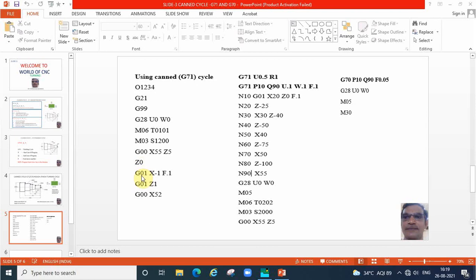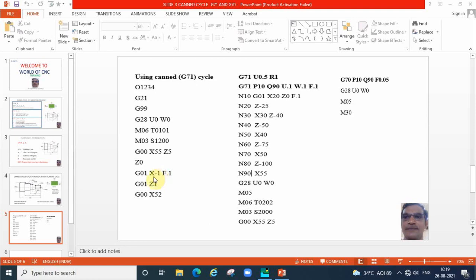For all the turning cycles we have to do facing operation first, so that Z value will be perfect, Z0 will be perfect. Say up to X minus 1 we are moving the cutter. Instead of X0 we are putting X minus 1 mm, extending the tool limit below the reference point. Due to nose radius, small protrusion will be formed at the middle. To avoid that, up to X minus 1 we are moving.